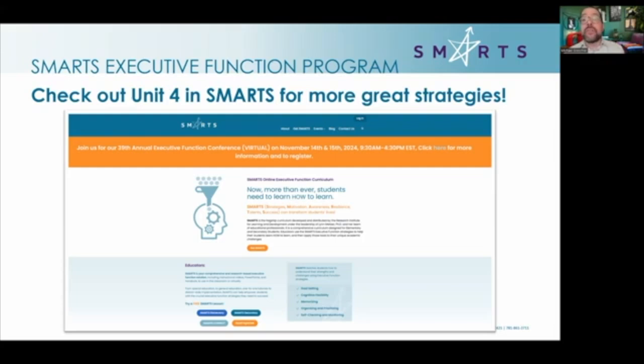But that doesn't mean it's going to work for every kid. So the strategies in Smarts are research based. I can still share my own examples, and you always should. It's great to model how important time management is in your own life. But when you use these strategies, it gives you a way to support the way every student learns, and make sure all students are accessing those strategies.